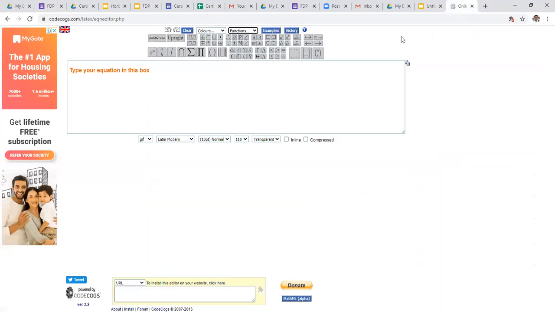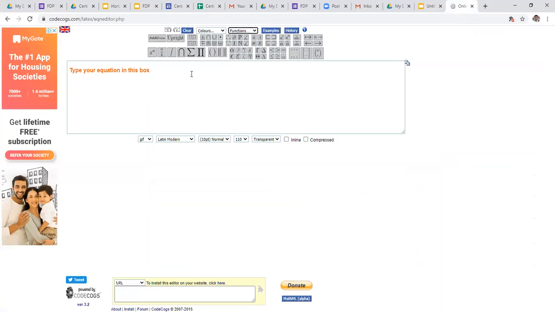In Codecogs, for example, if you want to give the Laplace transform of x of t, the Laplace transform of x of t is x of s, which is the integral from minus infinity to plus infinity of x of t e power minus st. It is not possible to add this equation directly. We have to open Codecogs, create whatever equation we want to add, and then add it to the Google form.